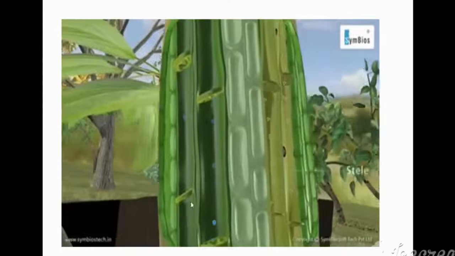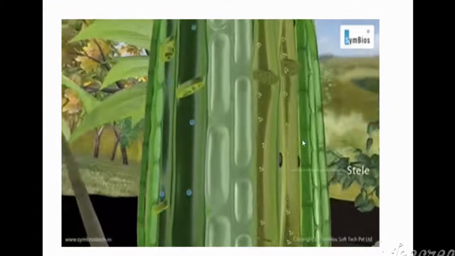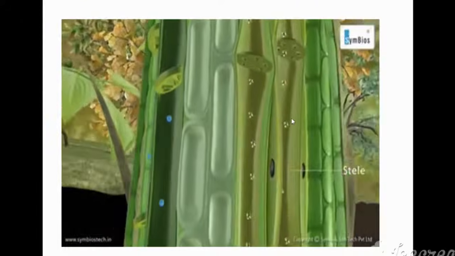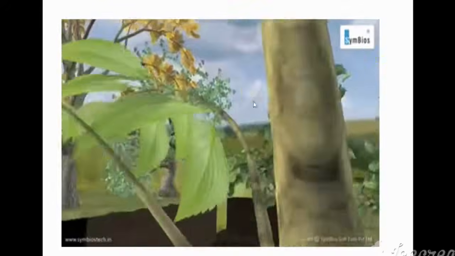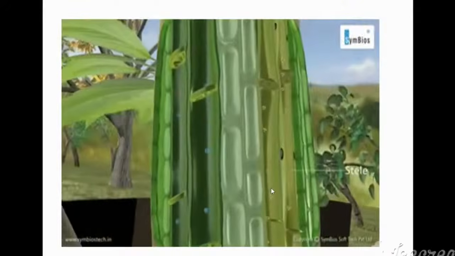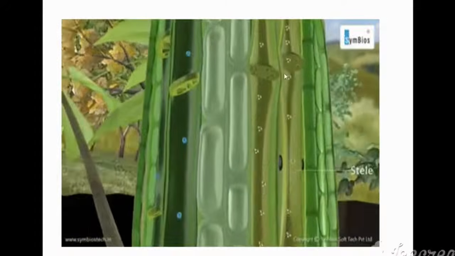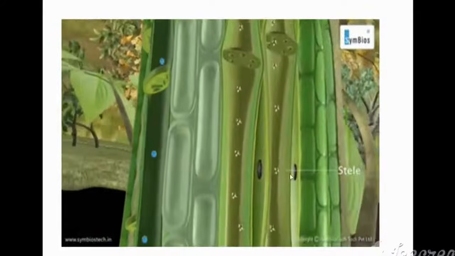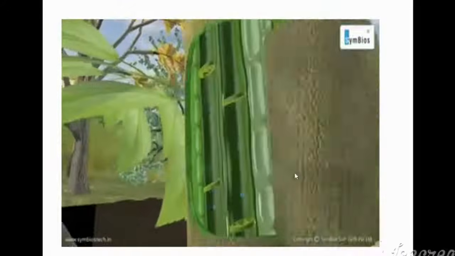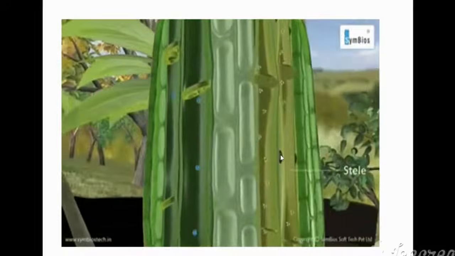You can see water going from bottom to top only, but this light green one is phloem, where food is going in two directions. Food is going from bottom to top, top to bottom also, right? And these are companion cells actually.